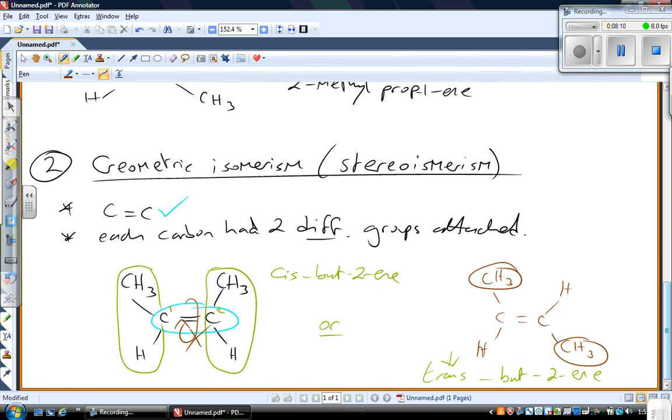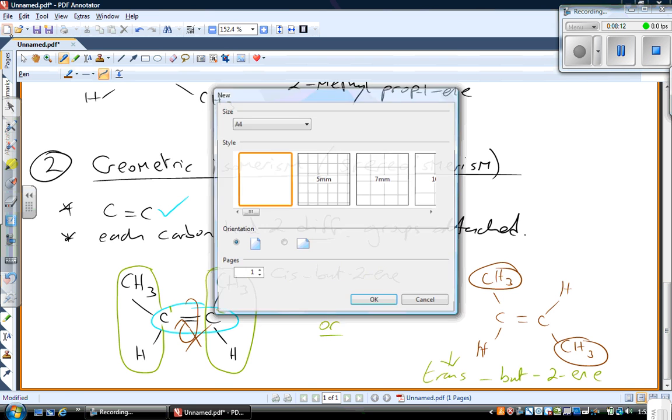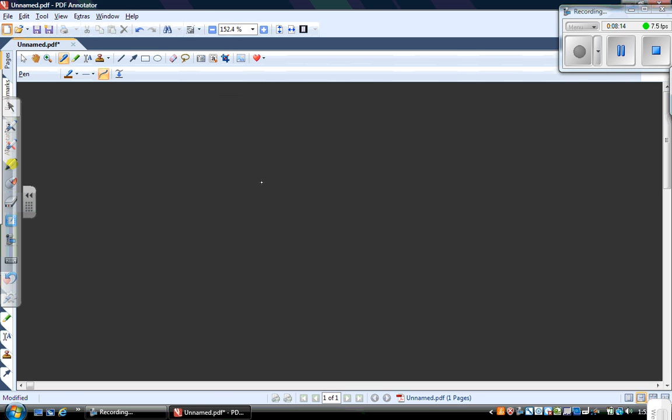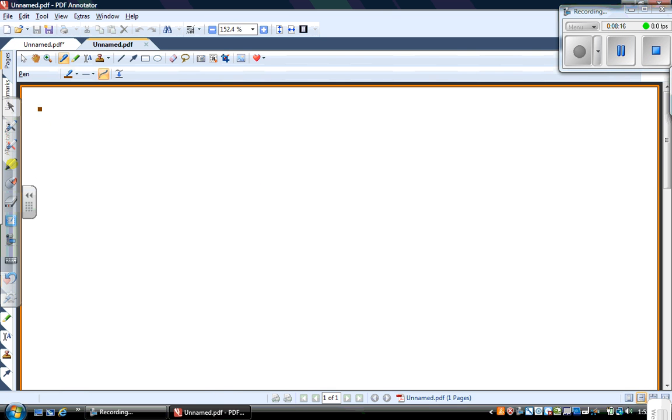Now, the third and newest type of isomerism is optical isomerism, so we'll use a new page for this. Number 3, optical isomerism. This typically is the only type of isomerism that you will get assessed on in level 3, but there's no reason why they can't throw a question in on structural or geometric. With optical isomerism,